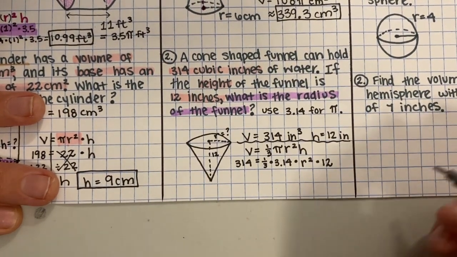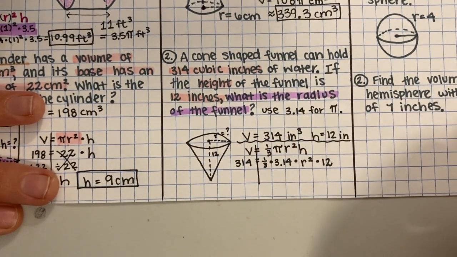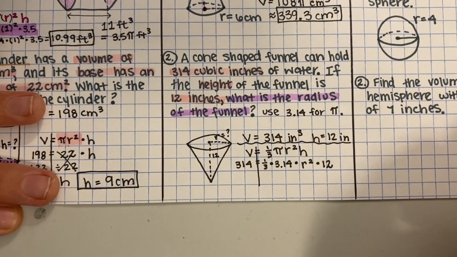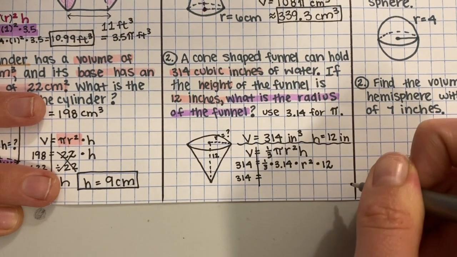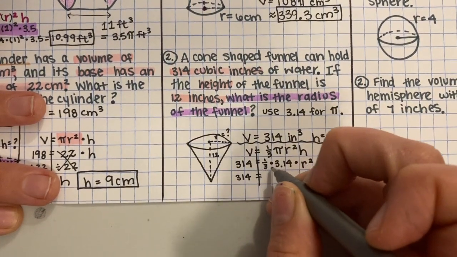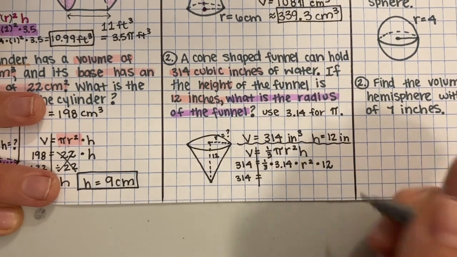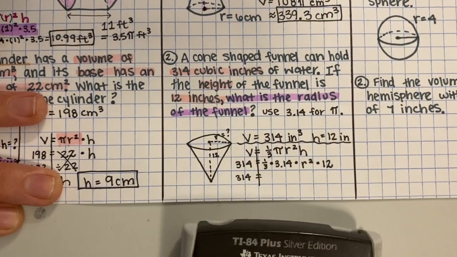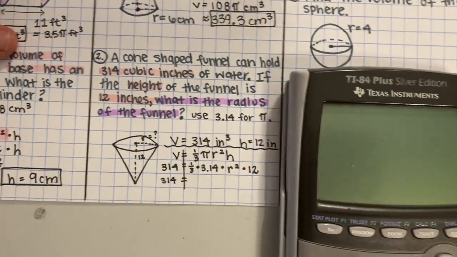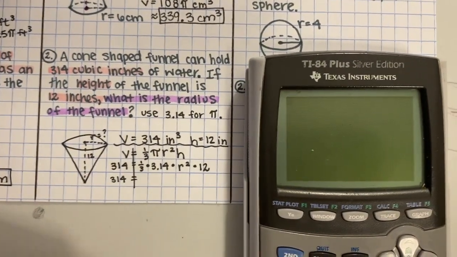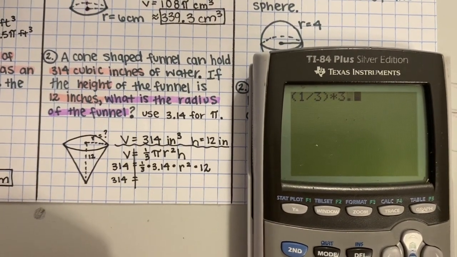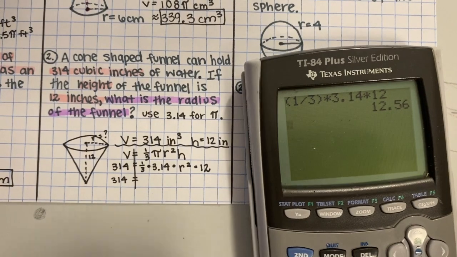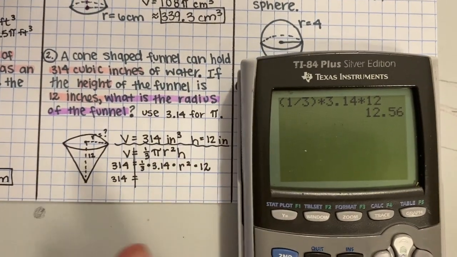Now I'm going to simplify both sides so that I can solve for r. What I can do first is just bring down my 314 because that can't be simplified anymore. I can multiply 1/3 times 3.14 times 12 because those are all being multiplied by that r squared. So I can just go ahead and do that now. 1/3 times 3.14 times 12, and I'm getting 12.56